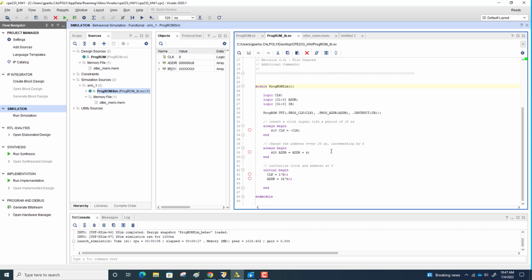So your first machine code instruction located at address 0 actually takes up 4 addresses, because there are 4 bytes. The least significant byte will have address 0, then the next byte will have address 1, the next byte of that instruction will be address 2, and then the most significant byte of that instruction will be address